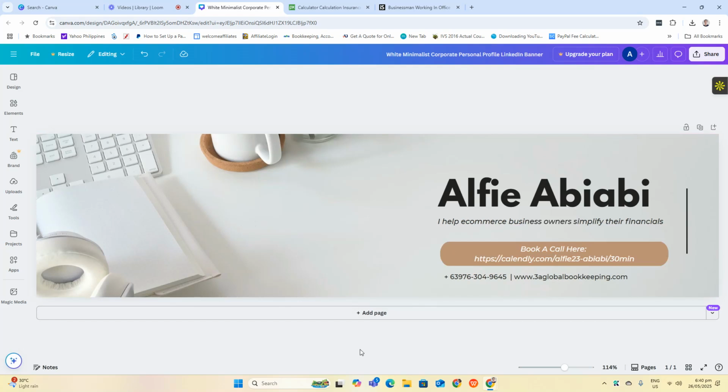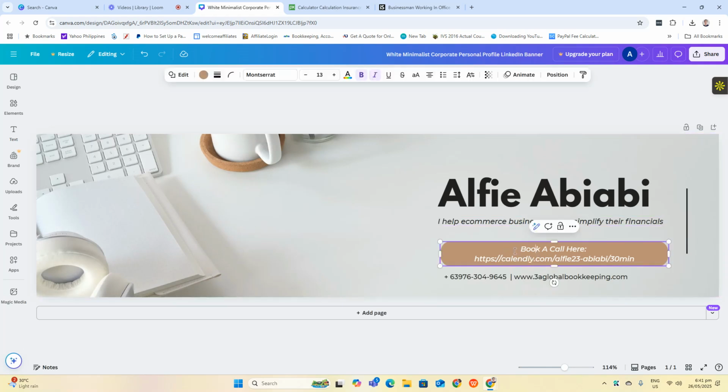So this is simple, right? Direct to the point, easy to understand. Okay. So it shows your name or the name of your bookkeeping agency if you have. Okay. And then the offer is clear. I help e-commerce business owners simplify their financials.